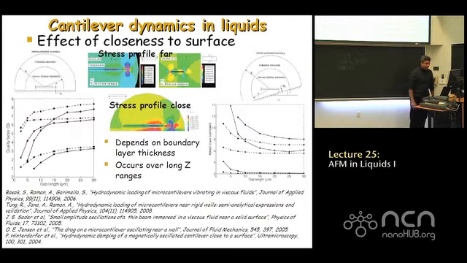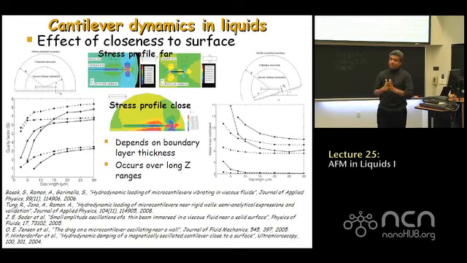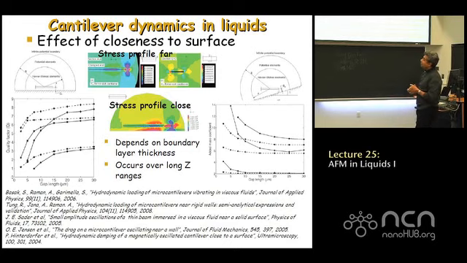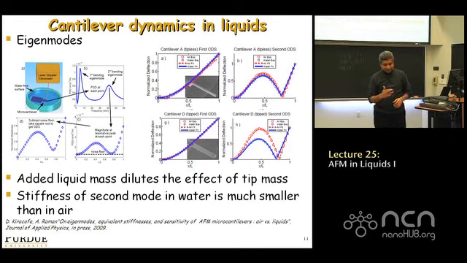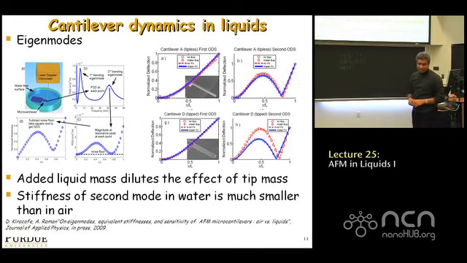Okay. This is just giving an idea of how much work there is in trying to understand exactly how this distance dependence comes in, how the fluid dynamics makes a difference to all these things. There's a list of references here that I can point out to you. Really don't need to go into more details here. Also want to point out that there's a lot of work in trying to understand how cantilevers oscillate in liquids, and